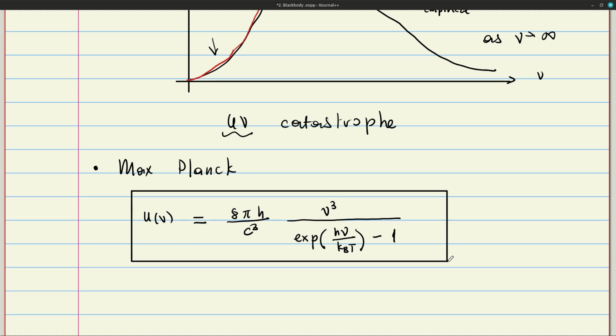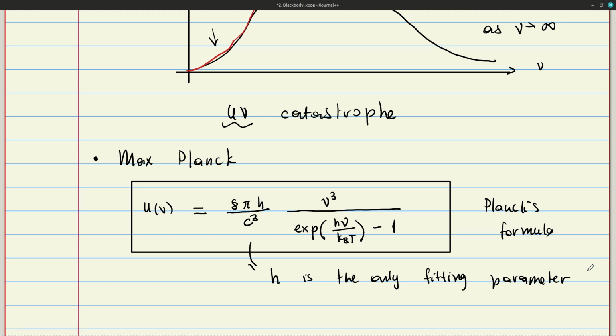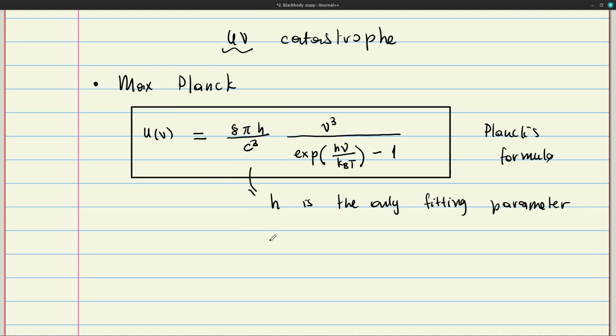So this is also important. This is what we call Planck's formula. And there's only one fitting parameter in this equation, which is h, the only dimensionful parameter. It has a dimension,